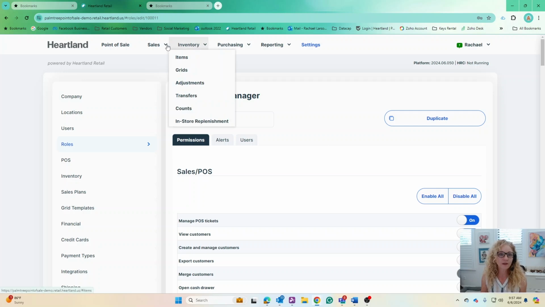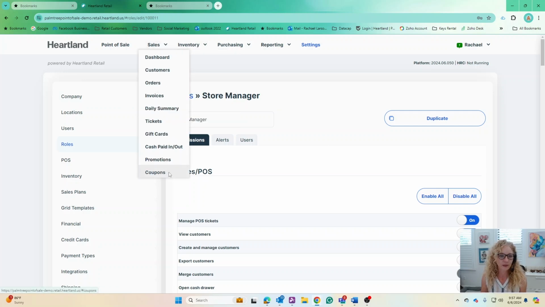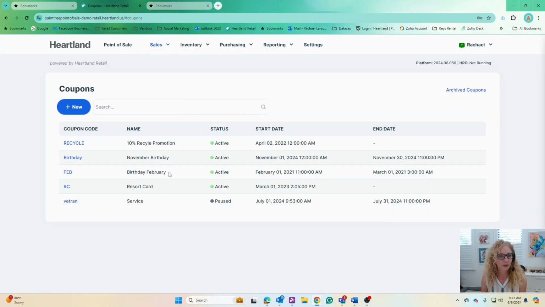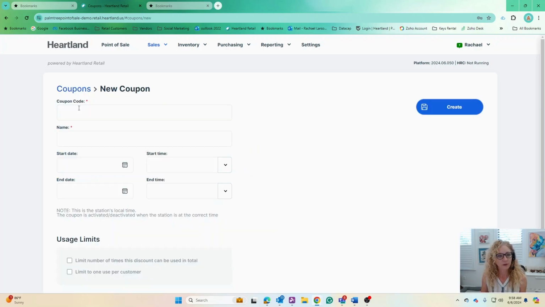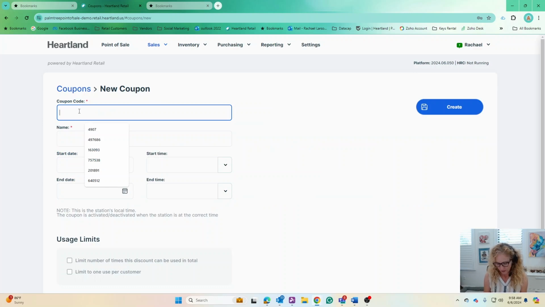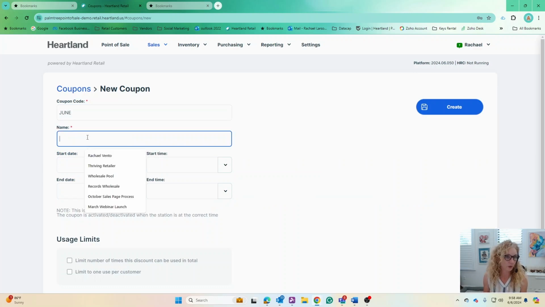So once you've done that, you're going to go to your sales, click on coupons, and we're going to create one. I'm going to create a June birthday coupon. These are all the ones that you have active now or paused. I'm going to go to new, and we're going to call this one June. That's our code. That's what the clerk will type in. This is our June birthday,